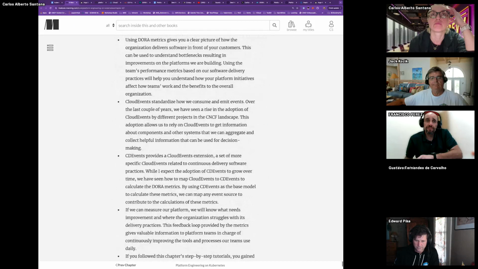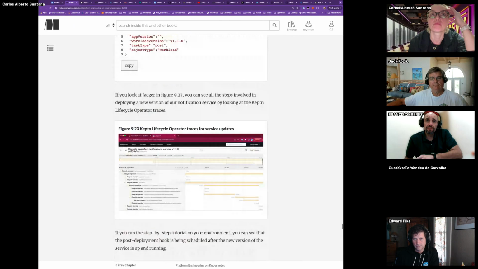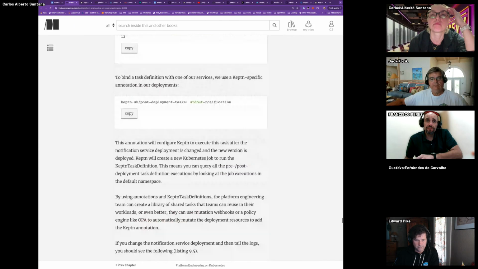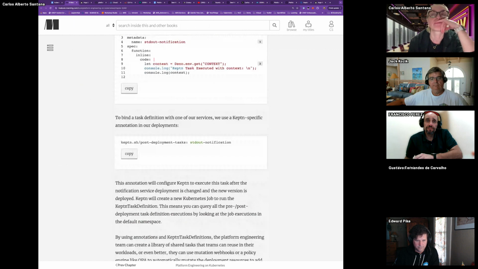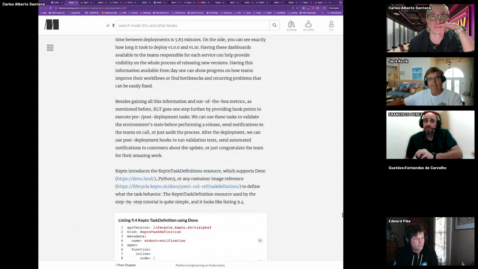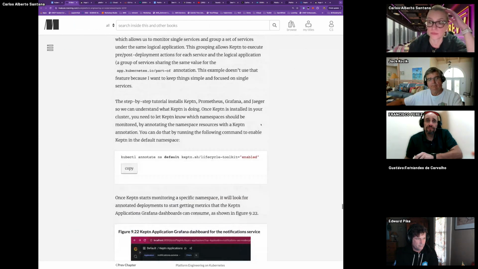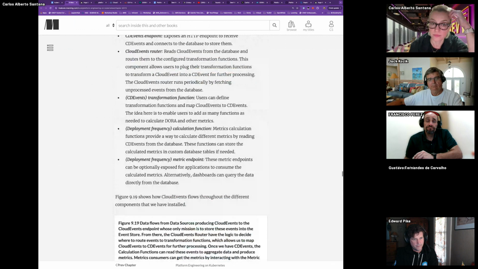That's the last thing for this chapter: velocity metrics and recovery metrics to measure your platform, and two examples, one around CD events and the other using Keptn, if I could summarize it. Thoughts? Opinions?